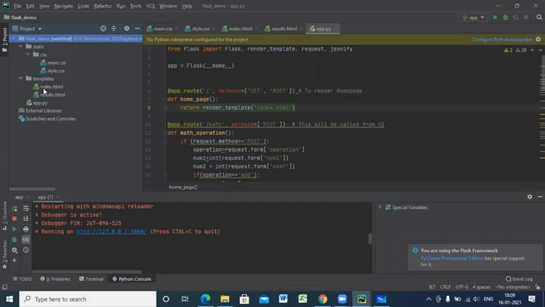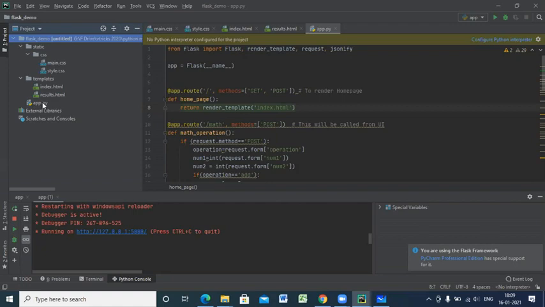This templates folder has the design files, index.html and results.html. These are the design files we can see. For the supporting design files, we have some CSS, which is main.css and style.css, and there is one Python file called app.py. This app.py is a Python file which basically has the Python code to link the front end and to link the particular library, whatever operation you are doing.